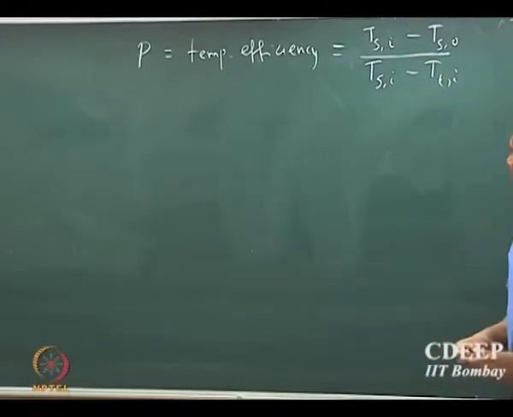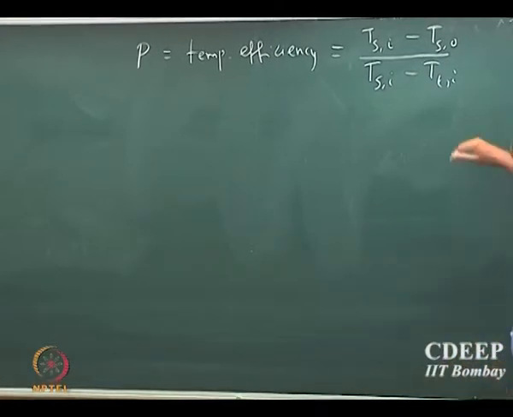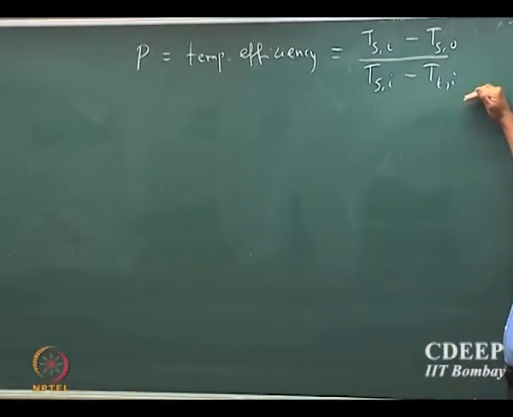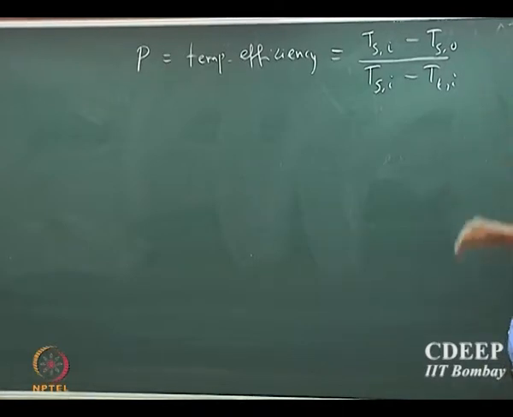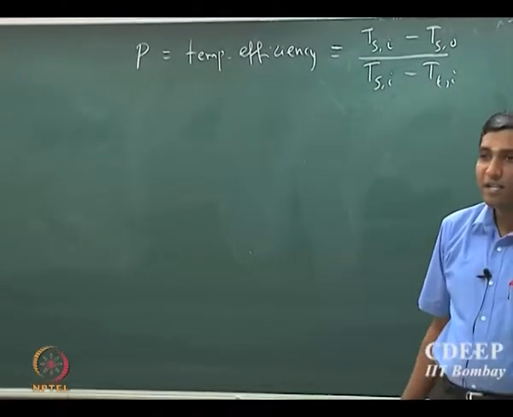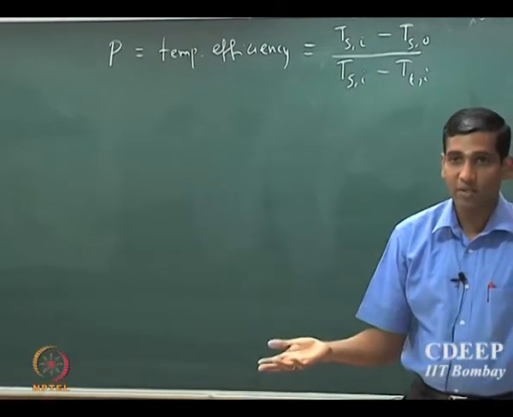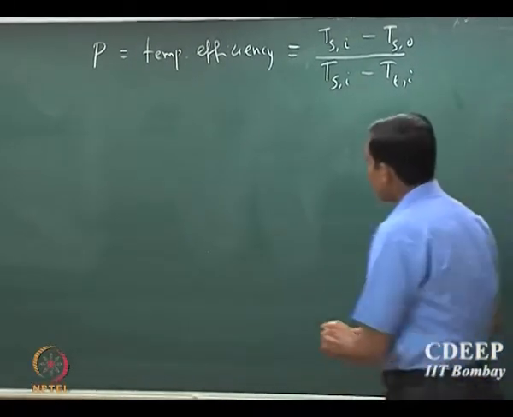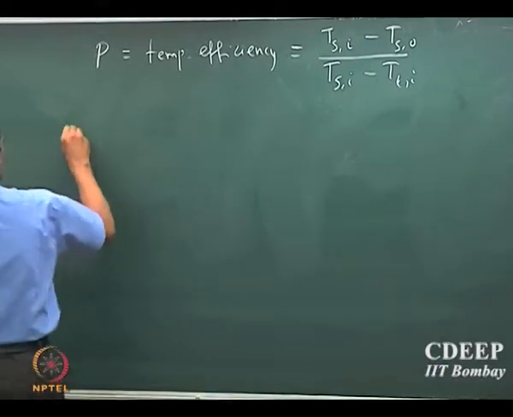Now I would like you to look at the denominator of this expression. This is the first time you are seeing a difference between the inlet temperatures of two different streams. So, the maximum possible temperature difference